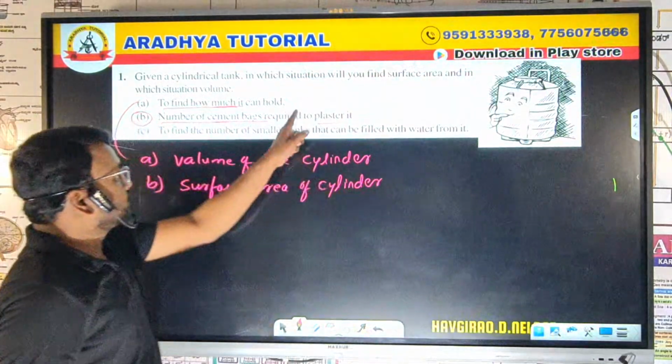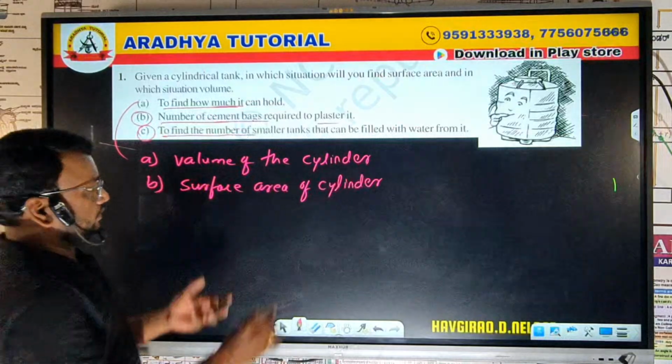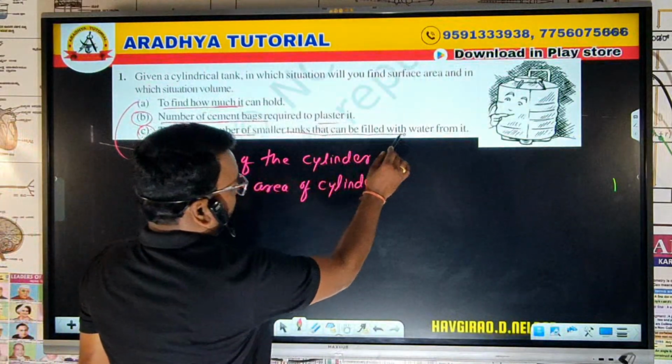That is the second answer. And the third one, to find the number of smaller tanks that can be filled with the